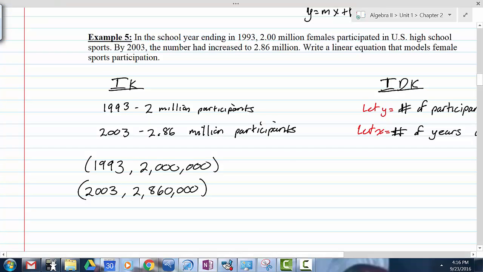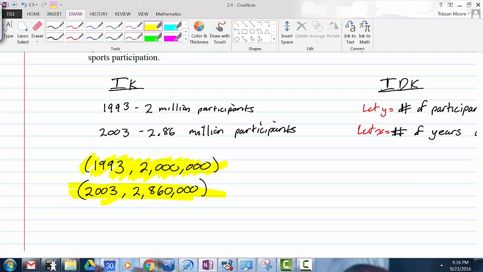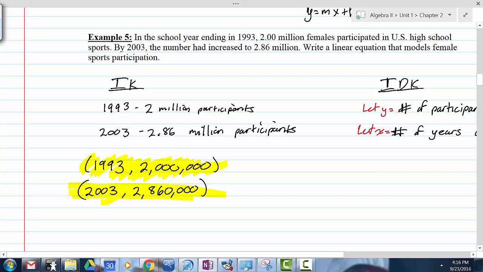Let me show you what actually happens had we not done that. The 2 points we can form from the data, 1993, our X being 93 and our Y being 2 million, we'd end up with that point. And in 2003, 2.86 million, we'd end up with that point. Now those points are relatively large. You can use them if you want to, but it's not necessary. So instead, we can use the 2 points